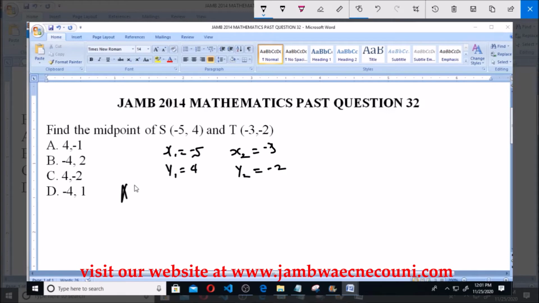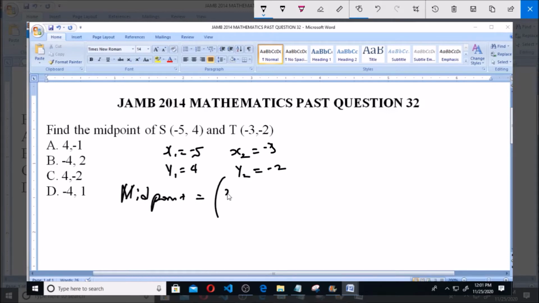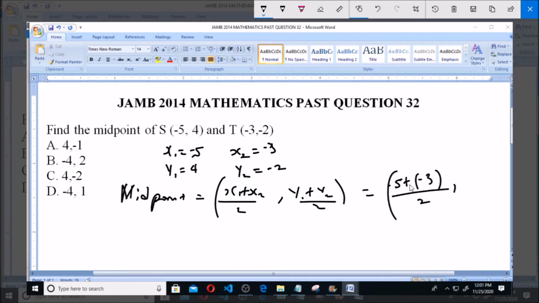Now, the coordinate of a midpoint is equal to x1 plus x2 all over 2, comma, y1 plus y2 all over 2. Now this is equal to -5 plus -3 all over 2, comma, 4 plus -2 all over 2. Now this is equal to